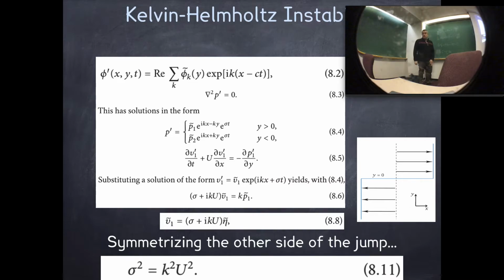And then we play the same game over here. Do you mean zeta prime dot gradient? Yes. We play the same game over here and we only get the zeta prime part. Okay. Is there any variation in U away from that interface? No, so this term is also 0. Okay, so this is the vorticity equation,